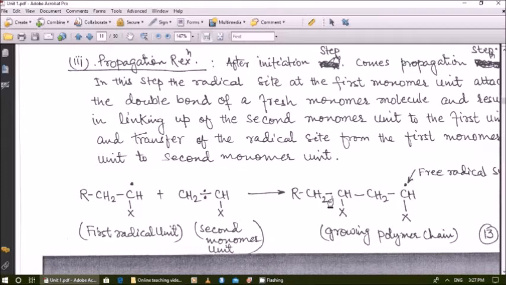with the R free radical during the initiation polymerization, and in the propagation stage another monomer unit is being attached to this intermediate, and the free radical site is again transferred from the second carbon to the fourth carbon. Okay, so this free radical site will always jump to the last carbon atom.